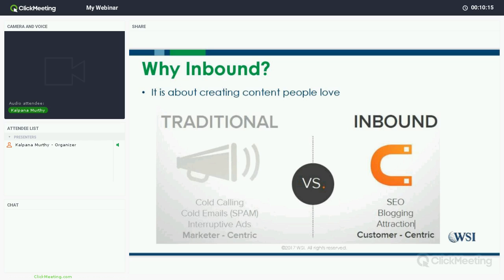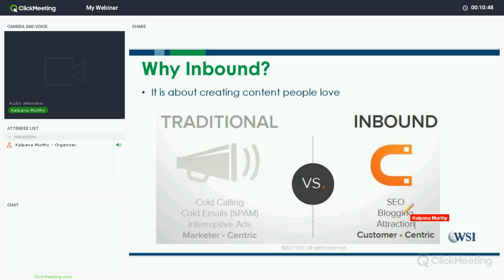Versus inbound, which is a strategy or methodology where we're heading in the future, or where we're already at today, where we are pushing data to our clients only when they ask for it. For instance, when people are searching for certain products and services with keywords online, we have our websites optimized with SEO, so our website can be found and they can click on the link and land on our web page to look at the topic they were researching.